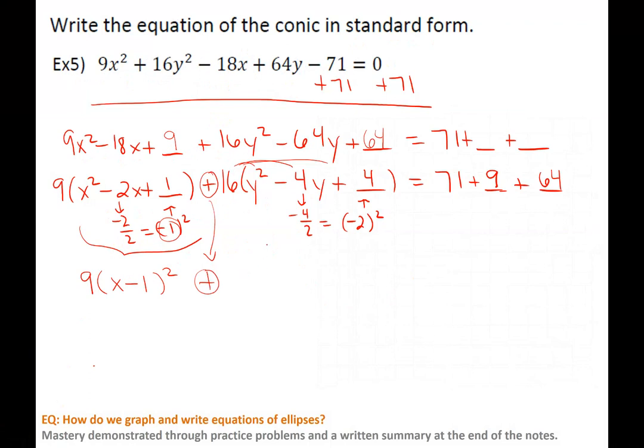Then again, over here, the y's factor into parentheses squared, y. And then over here, again, steal that number, minus 2. And the 16 stays in front. And then equals on this side, I got to do some math. Let's see. I have 71 plus 9 is 80 plus 64 is